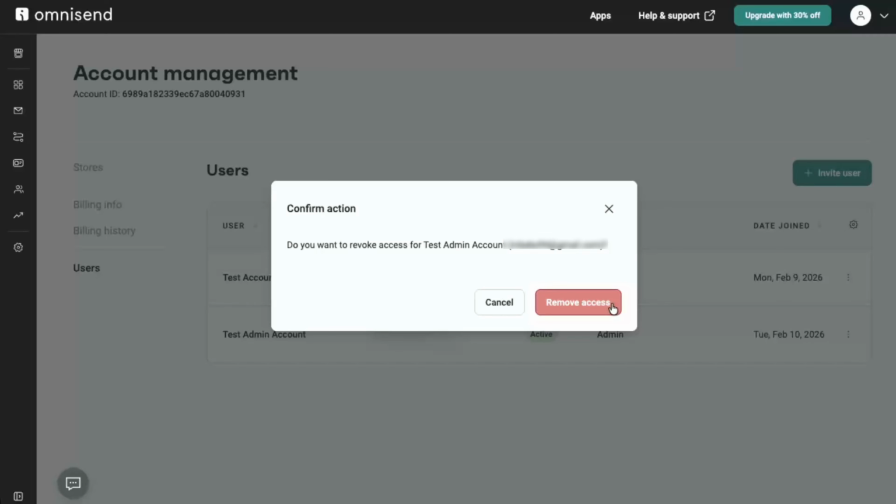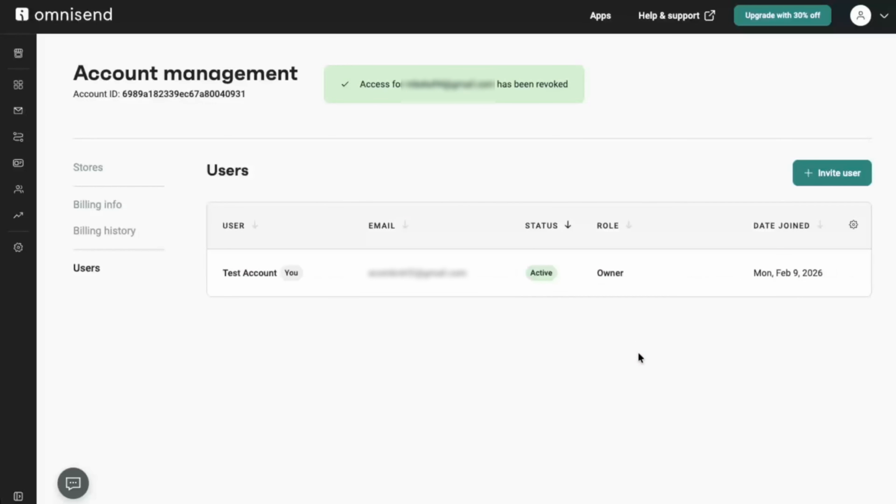Review again that this is the correct admin, then click Remove Access to confirm. After this, that admin's permissions are fully revoked and they will no longer have access to your Omnisend account. And that's it. You've successfully removed an admin from your Omnisend account, helping keep